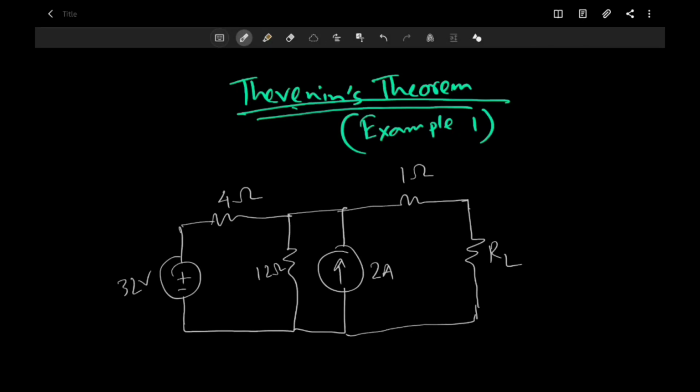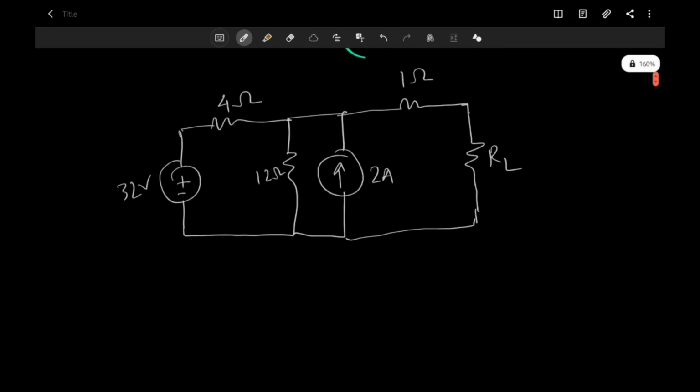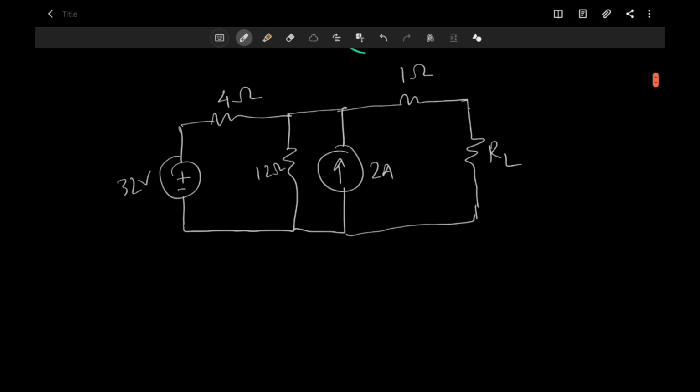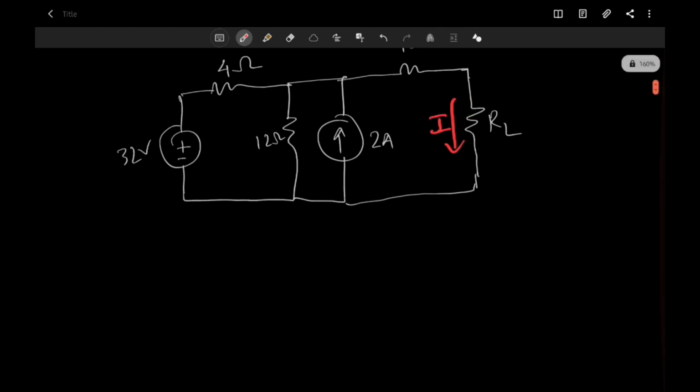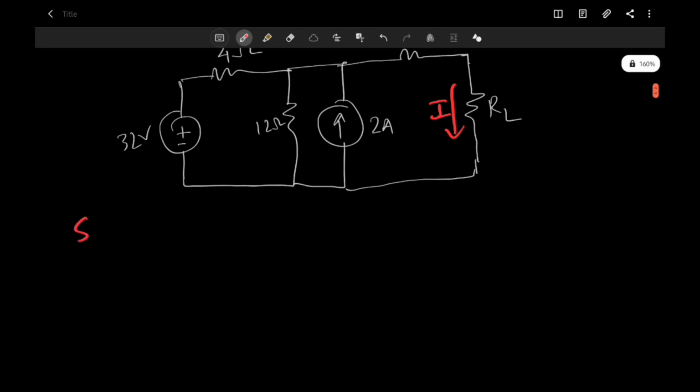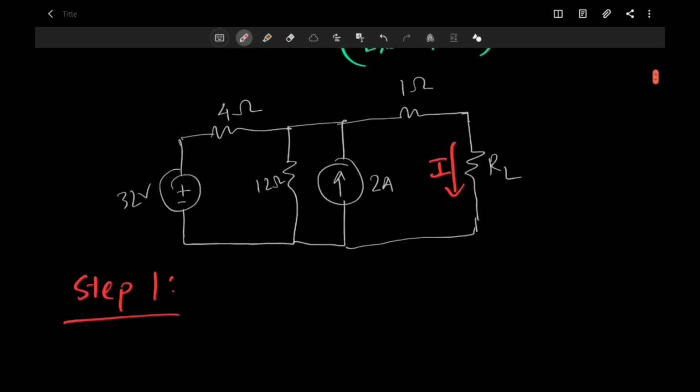So let's go through this example for Thevenin's theorem. I'm using the exact same circuit I explained Thevenin's theorem with. So here we have RL, and yes, we have to figure out the current I. So let's say step one was first we have to replace the RL with open